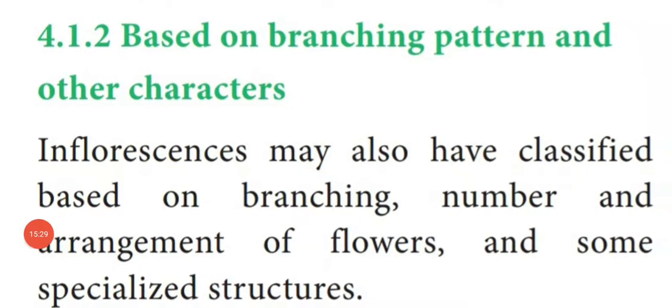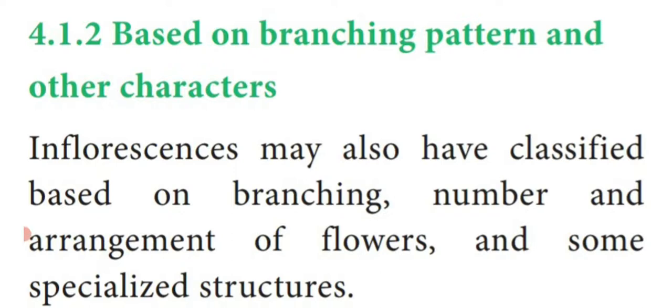Dear students, up to this we have seen, based on the position, inflorescences are divided into terminal inflorescence, that is the tip of the shoot; axillary inflorescence, the axillary position of a shoot and leafy region, that means between the shoot and the petiole of the leafy region; then cauliflorous inflorescence, produced on the woody trunk region. Then the second type is also there,